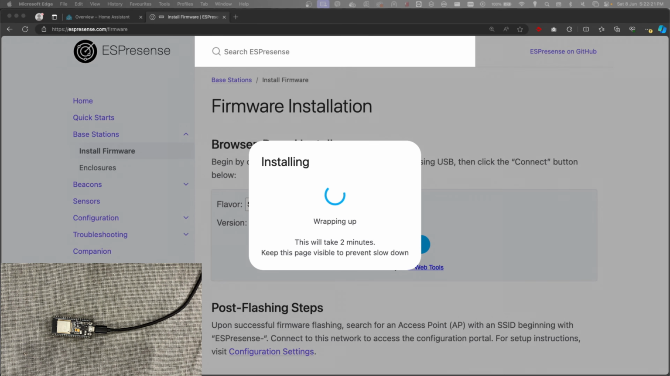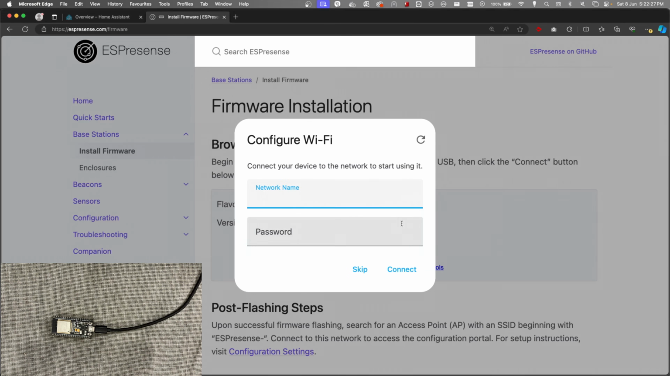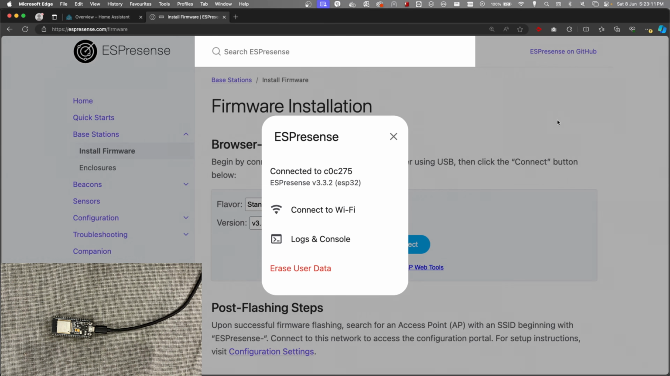Okay, so it says it's wrapping up and then installation complete. So now we can click next, and it's asking us to configure Wi-Fi. Now I'm going to skip this step because I'm going to do this slightly differently. So I'll just skip. So now that we have ESPresence installed onto the ESP32, I'm going to click on my